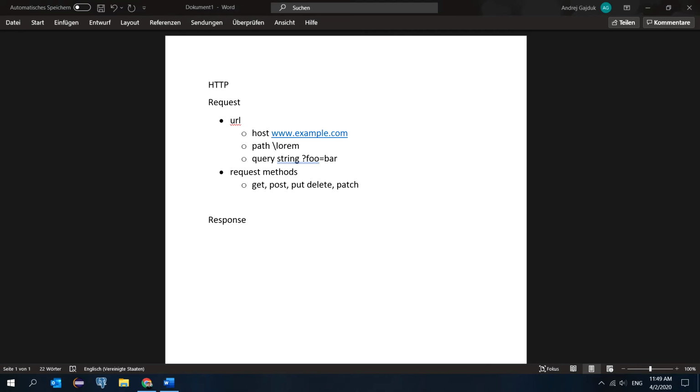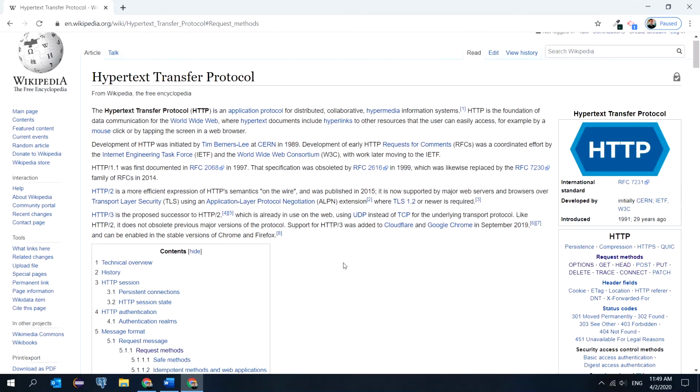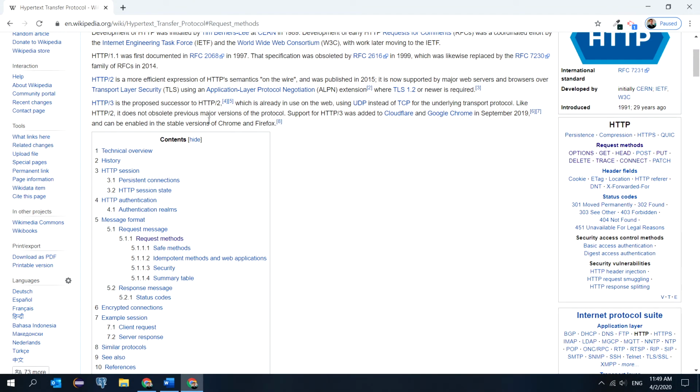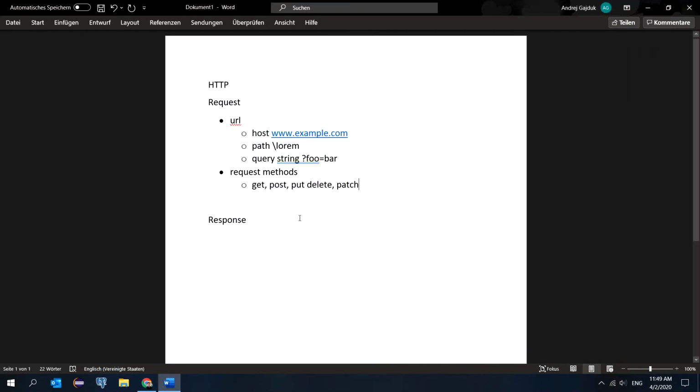Sorry, I moved away the browser. Here is the Wikipedia page for HTTP. So we have a request message. Now, we have the request method. And what's really a bit interesting is that the request can also have, in addition to the query strings,